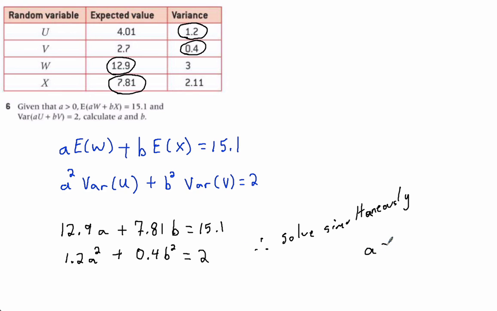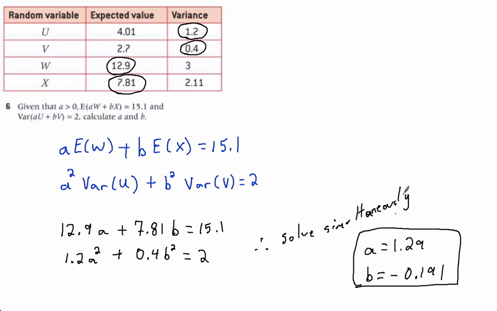Then you will come to two values of a, but from the question you want the positive one. So a is going to end up being 1.29 and b ends up being negative 0.191. Okay? So use your favorite strategy from grade 8 and 9 for solving simultaneous equations, but the hard work